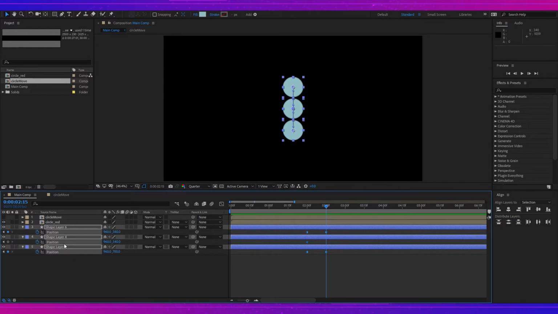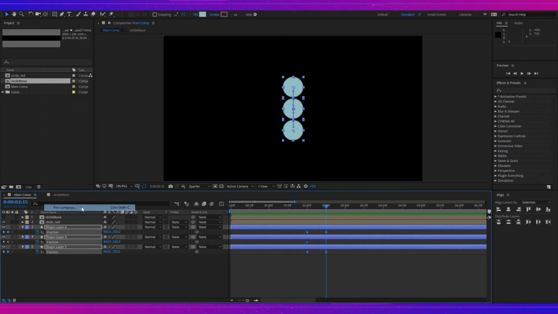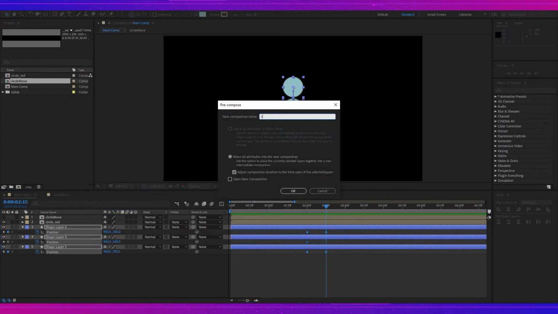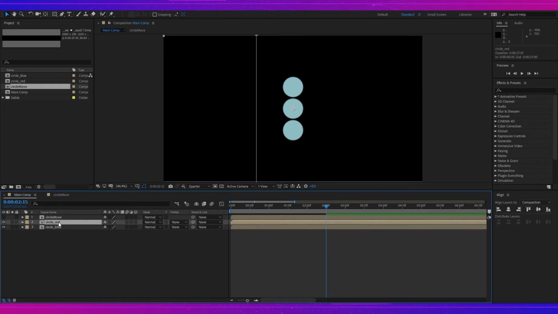And then again I will select those 3 shape layers, and with those 3 shape layers selected I will create another pre-comp, so circle blue, and now I will